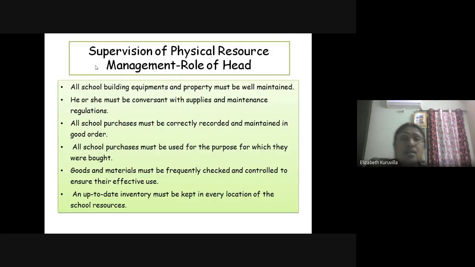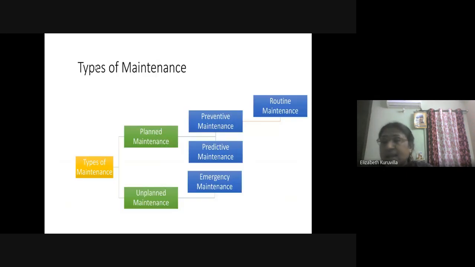Then comes the supervision of physical resource management. What is the role of the head in physical resource management? Now, before going to that, let us see what types of maintenance you are observing in your school.